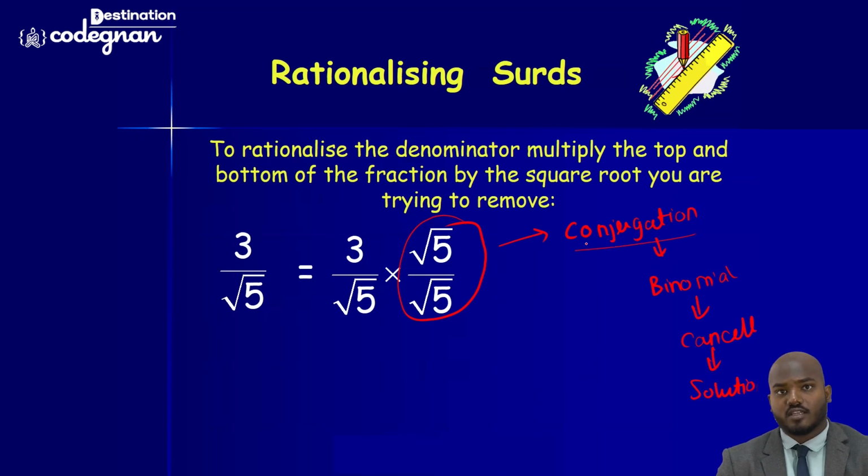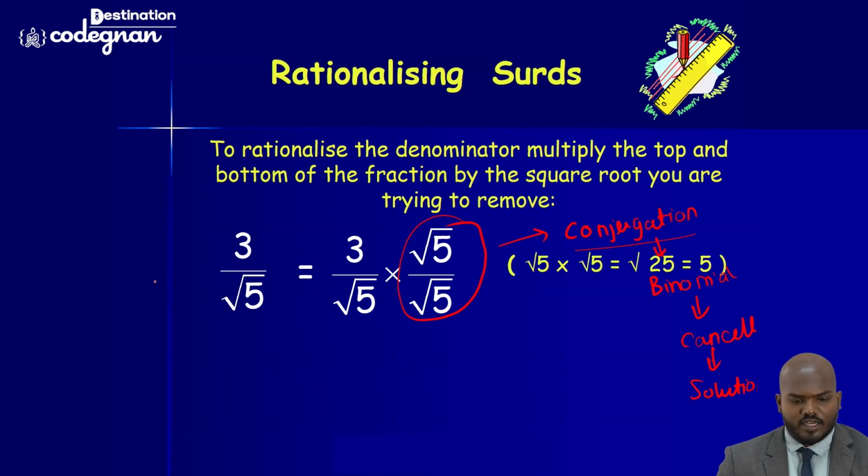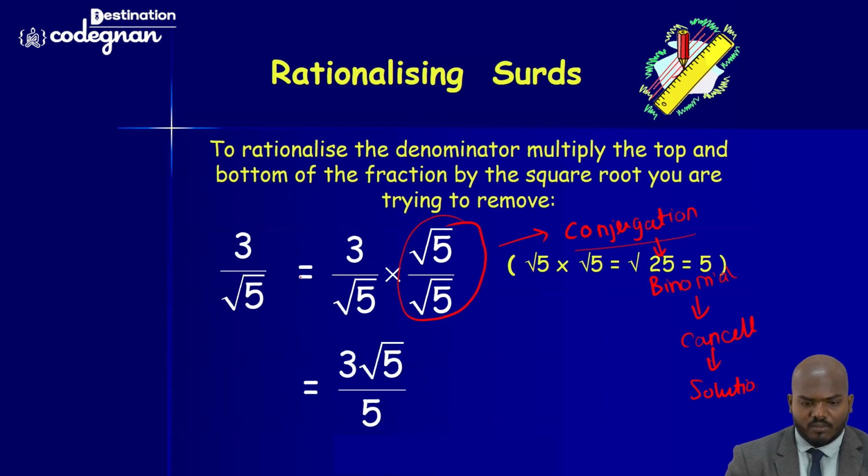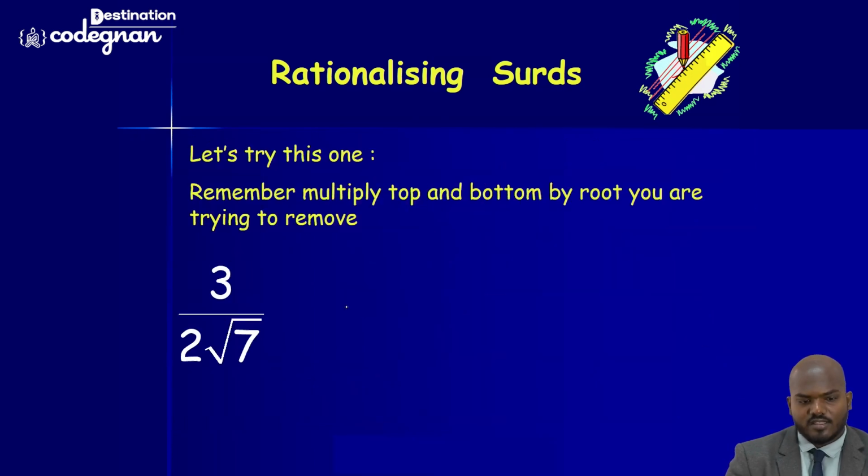Conjugation is a very basic term in algebra, but you will use it in Surds also here. If you learn the Surds clearly, then you can approach the questions from basic algebra, and you can approach them easily. Going to this one, guys, so 3 by root 5 will become 3 root 5 by 5. So this is the final answer you will get here. The same way here, how will you deal with this one? Because you can't manipulate the value.